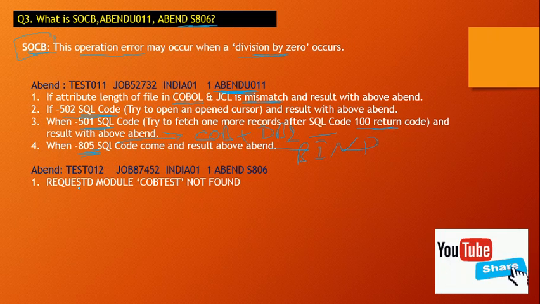And our JCL abends with S806 when the requested module COBTEST is not found in our library.